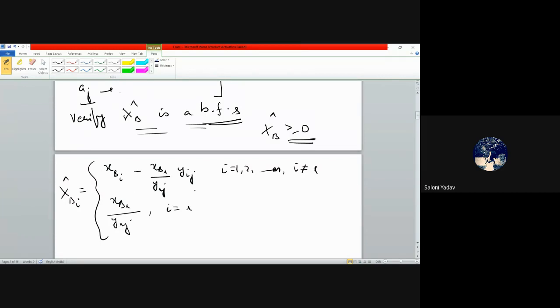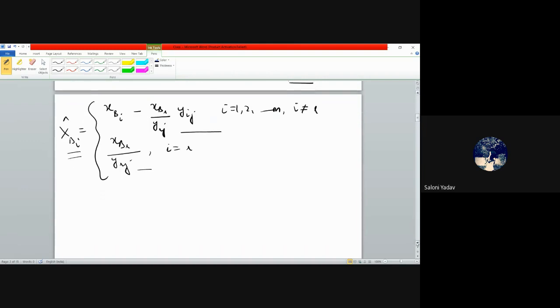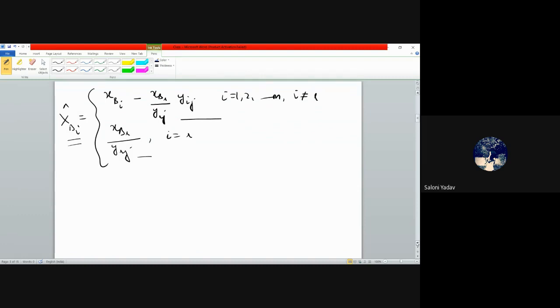Okay. Now to prove that they are more than or equal to 0, what do we have to prove? That this is also more than or equal to 0 and this is also more than or equal to 0. Then X_Bi cap automatically becomes more than or equal to 0, so that they do not violate the non-negativity restrictions. Then only will they be basic feasible solutions. Now see, it all depends upon this value also. These X_Bi were already more than or equal to 0, because these were the variables corresponding to the original basis, the first basis B. And since they were the basic variables, they were more than or equal to 0.